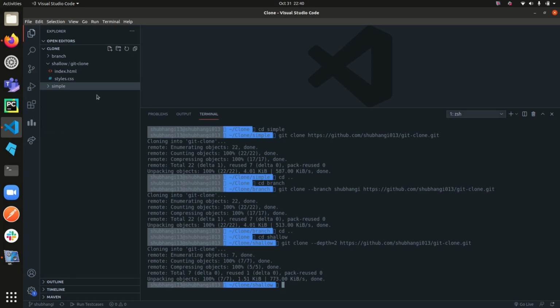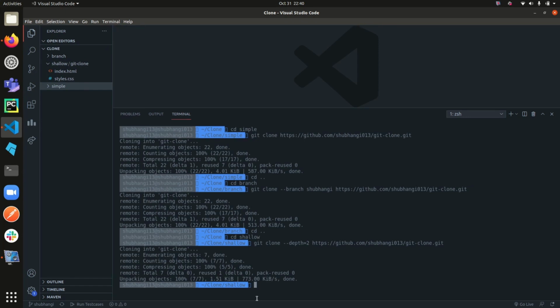Now it's that simple again. Now how do I know if it is being cloned in a shallow manner? I simply change my directory to the cloned repository here, and the default branch is set to master here. What I'm going to do is use git log.